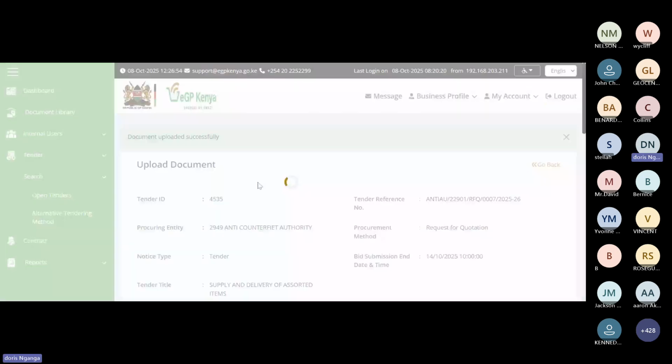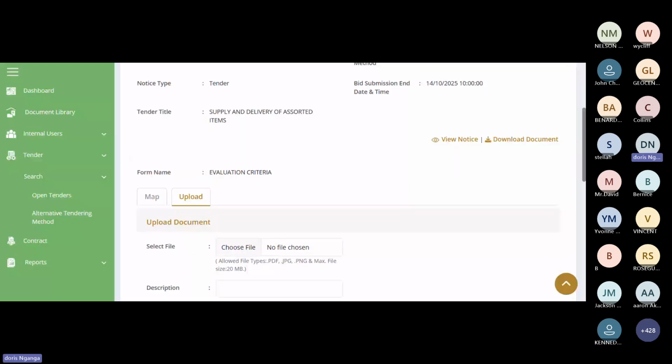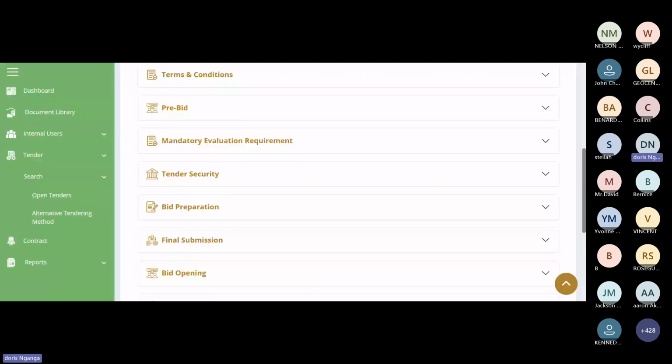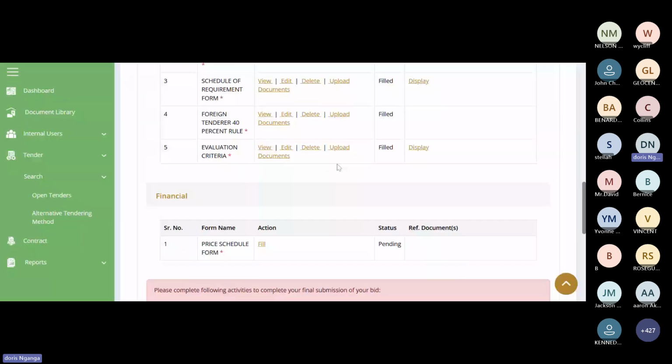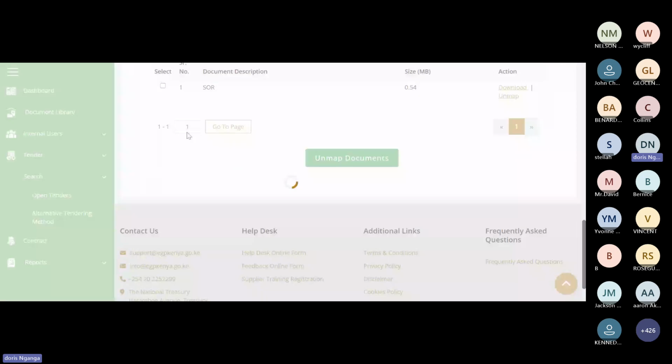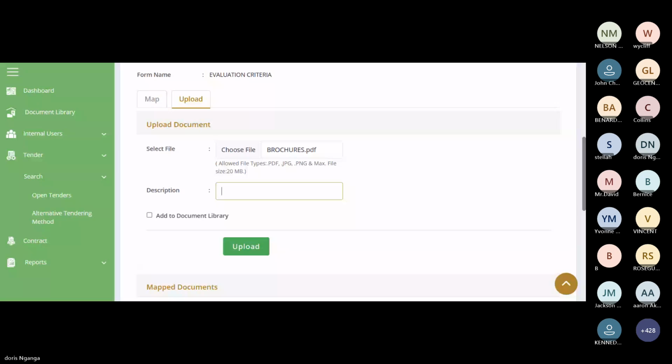I can also come again and upload a brochure, even if I had uploaded it before. So this will enable the evaluation committee be able to evaluate me with the brochures that I've given. So I can come back and say upload brochure. And upload.